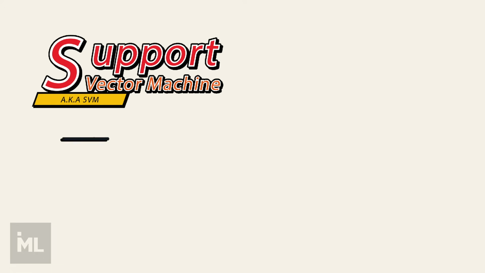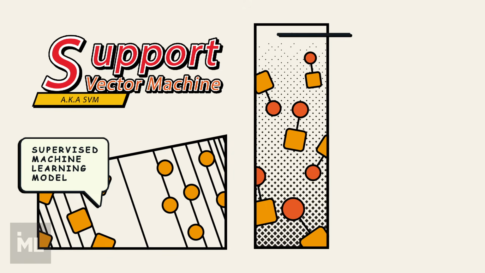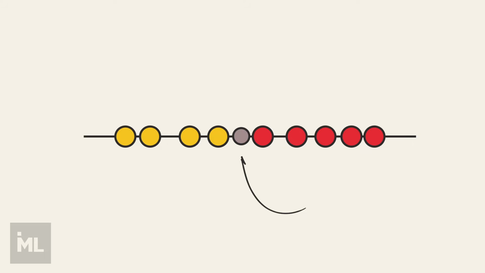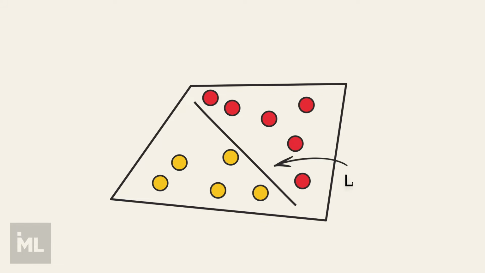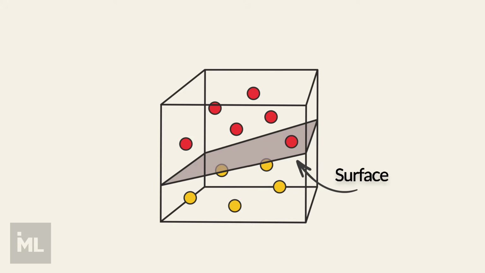Support vector machine is one of the best nonlinear supervised machine learning models. Given a set of labeled training data, SVM will help us to find the optimum hyperplane which categorizes new examples. In one-dimensional space, the hyperplane is a point. In two-dimensional space, the hyperplane is a line. And in three-dimensional space, the hyperplane is a surface that divides a space into two parts, where each class lies